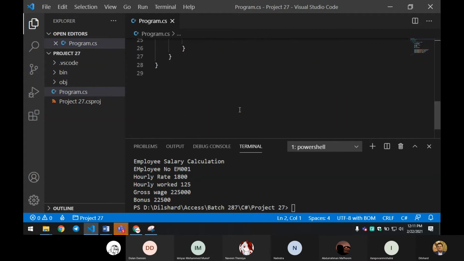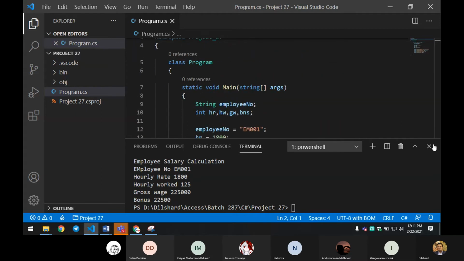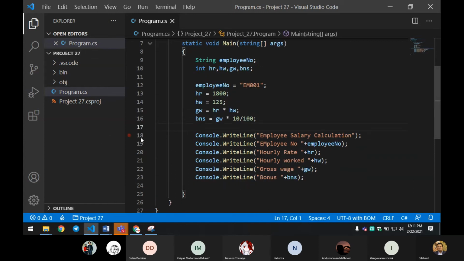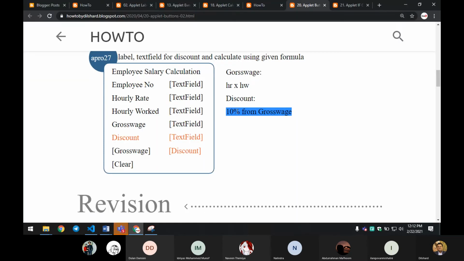Here you can see we have successfully created a project with some variables. I didn't explain these deeply because you already know. Finding 10% is not new for us. We have already tried this, and we have already implemented this even inside if conditions. Okay, so I'll go back to this.